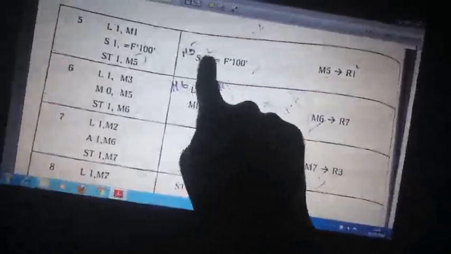Next, here again in M1 it is nothing but start minus finish. Start minus finish, the result is in R1. So simply we are storing 100 and subtracting it from the result register 1. Register 1 minus 100 we are doing, and the result is stored in R1 itself. So the line number 5 value is stored in register 1. Now register 1 has the value of start minus finish minus 100. So we reduce 3 lines to 1.